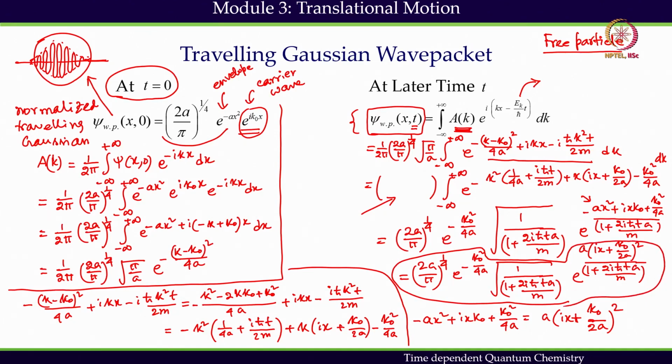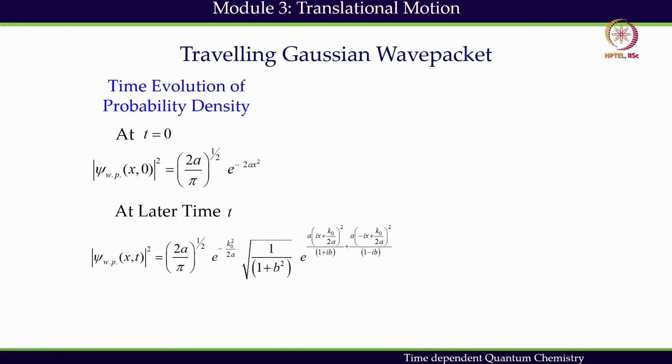With this final expression, we know we are interested in the density, because the wave function is not going to give any meaning until I convert it to the density and then look at the density, how the density is changing. So we have got the final expression for the wave function, and we are going to check the density, how the density is changing, because density is something which can be connected to the experimental observable. And when you look at the density,